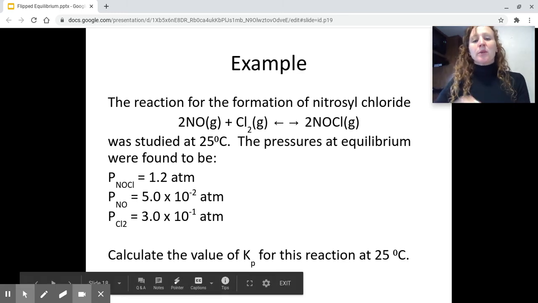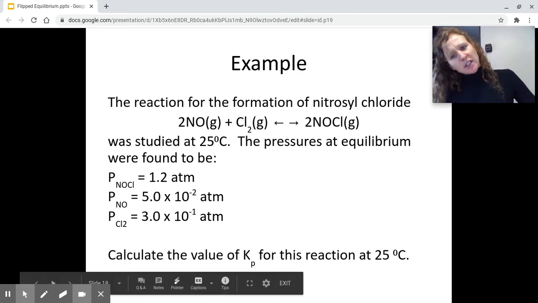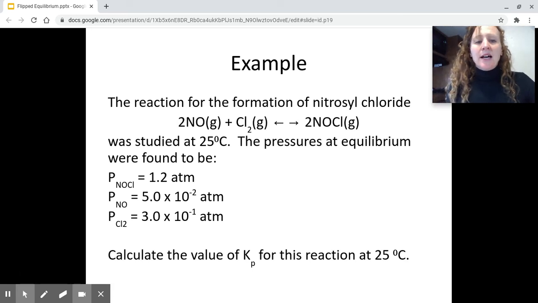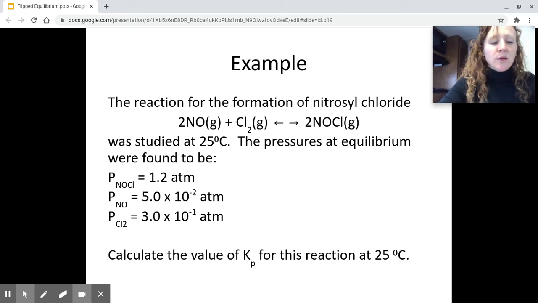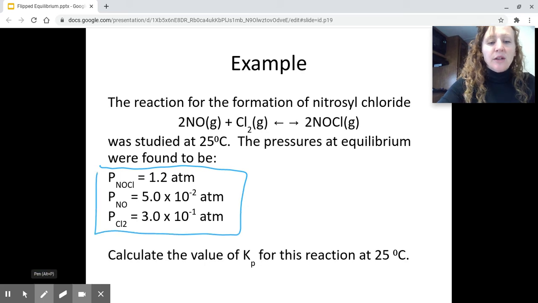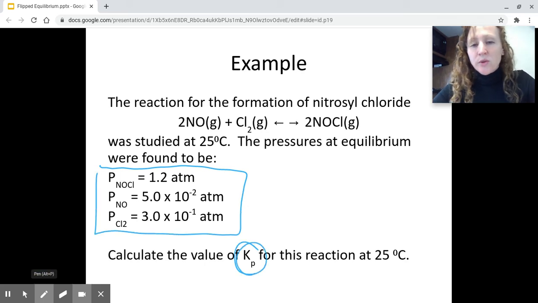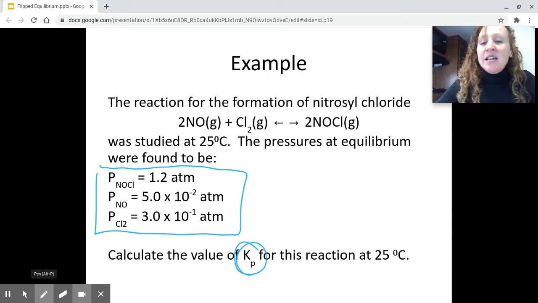Okay, for example, here we go. Formation of nitrosyl chloride was studied at 25 degrees Celsius. The pressures at equilibrium were found to be here below. So calculate the value of Kp for this reaction. This would be a good place to pause the video and see if you can work ahead and beat me to the answer. So I'm going to start by writing my K equation,